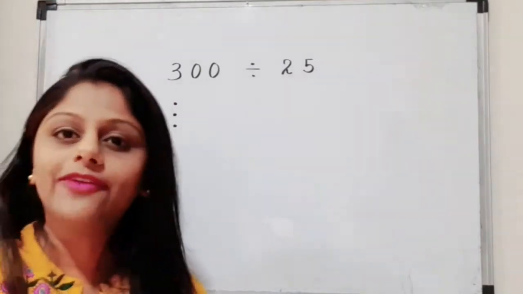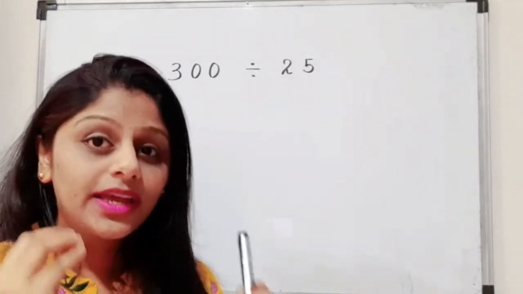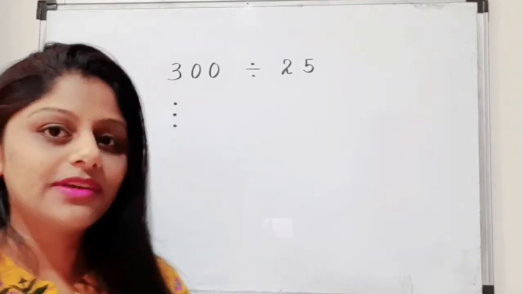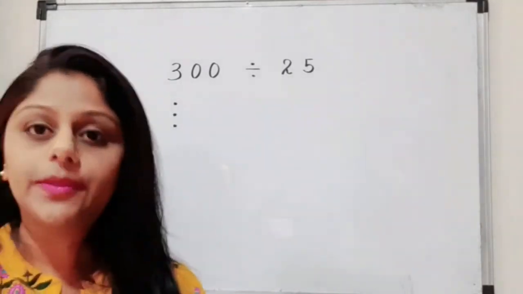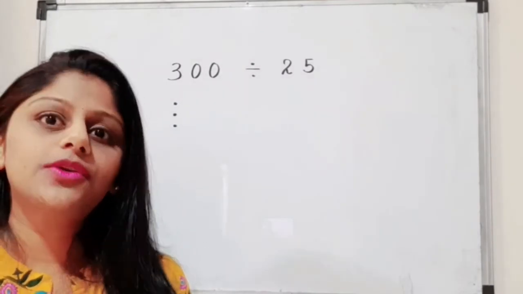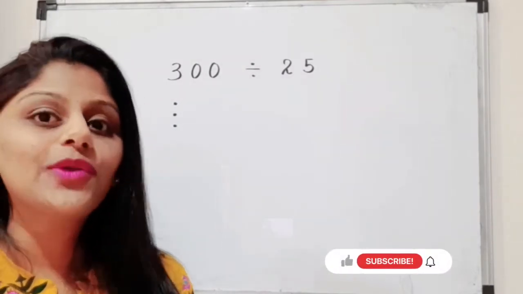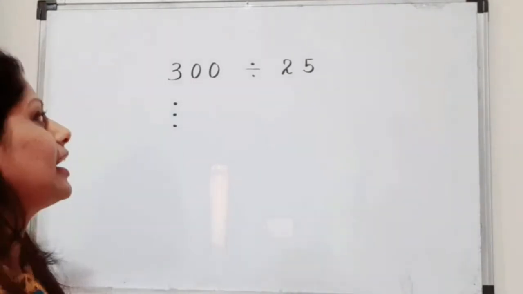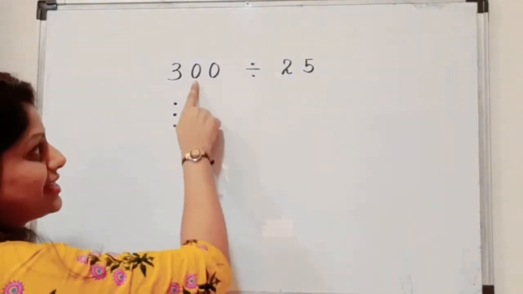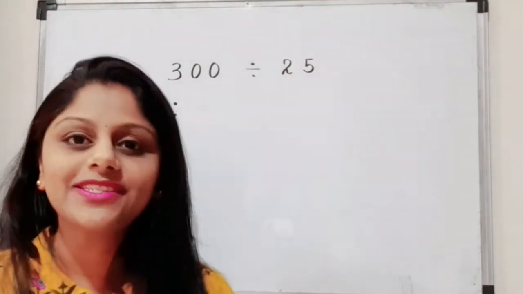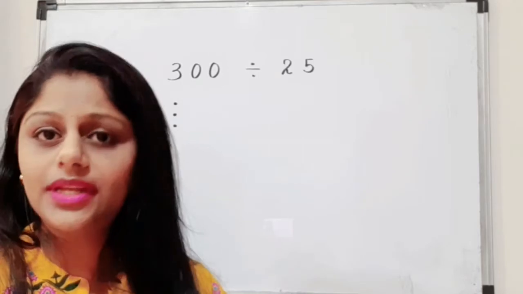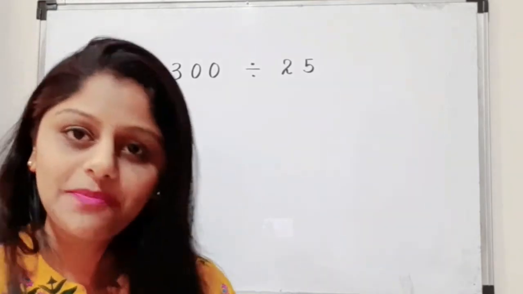This is what we have seen in the previous video, that for each number we have to represent the corresponding number of dots, correct? So we have dots for 3, but can we draw anything for 0? 0 means there are no dots, it does not have any value. So wherever we have a 0, we will take a carry from the previous number, as we do in the simple method.